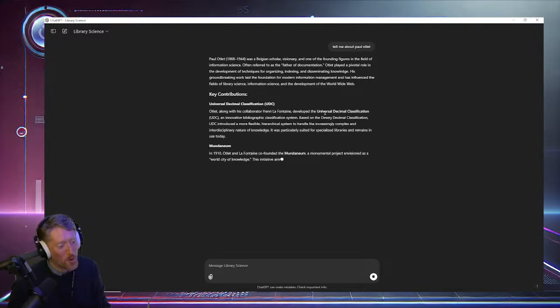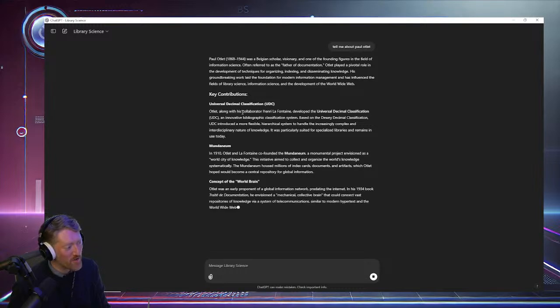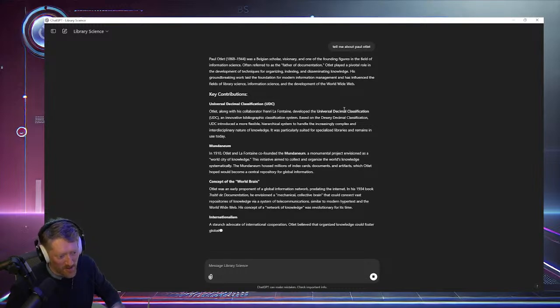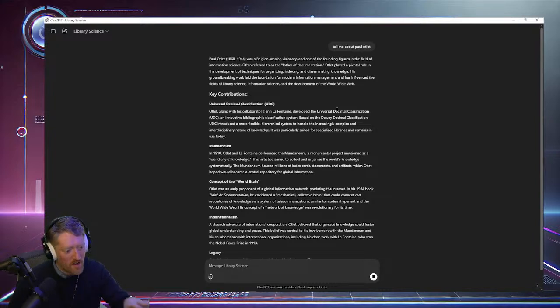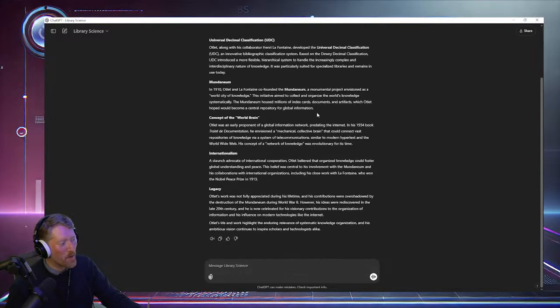I'm convinced that only library people have ever heard of UDC or anything like that. It's like the lesser known, like the third or fourth option in that list of classification systems. It's not as well known. But I really like mentioning this one because Otlet had this whole Mundaneum idea, and then that was kind of like